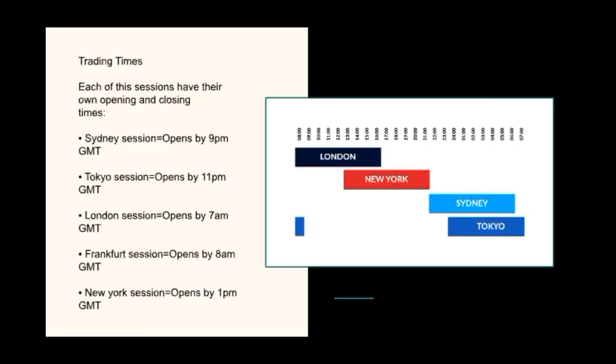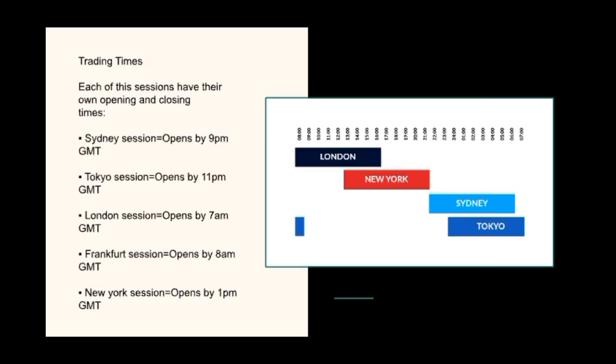So we have trading times. Each of these sessions has its own opening and closing time. They all have times when they open and close, these trading sessions. Right, so the Sydney session opens by 9 p.m. GMT,